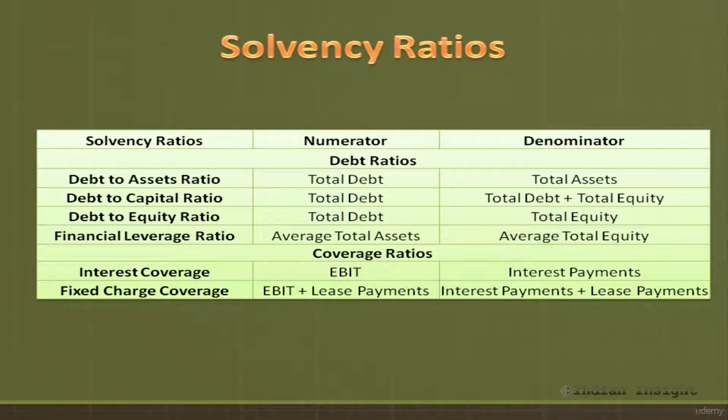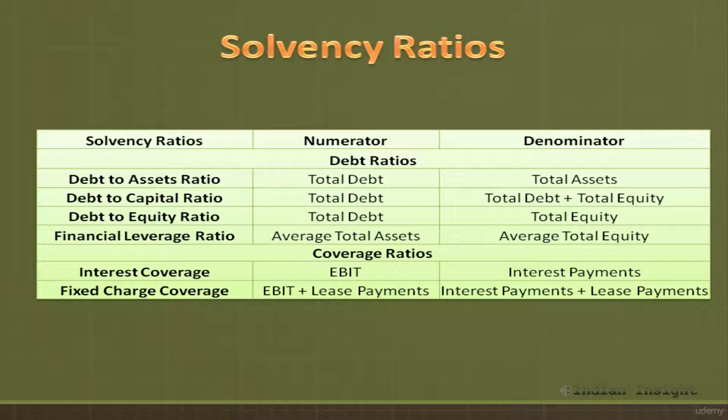Solvency ratios are primarily of two types. First is the debt ratio, which focuses on the balance sheet and measures the amount of debt capital relative to equity capital. The second type of solvency ratio is coverage ratios, which focus on the income statement and measure the ability of a company to cover its debt payments. These ratios are useful in assessing a company's solvency and so are also useful for evaluating the quality of a company's bond and other debt obligations.